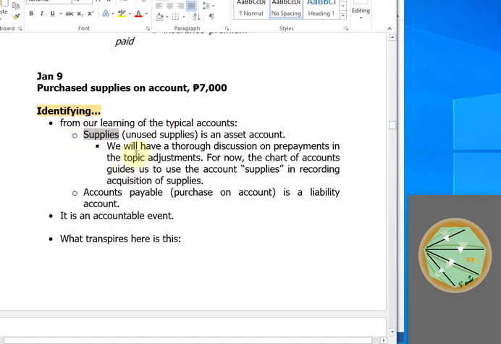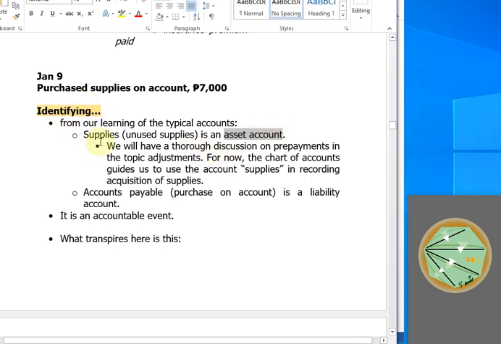And again, when we talk about supplies, it is still unused at this point, and therefore it is an asset account. This is the same with insurance. This is a form of prepayment, and when we discuss the adjusting entries later on as one of the major topics, we will be learning two options to record this. But for the meantime, we will just satisfy our needs to understand journal entries, and therefore we'll simply have to use the simplified approach of